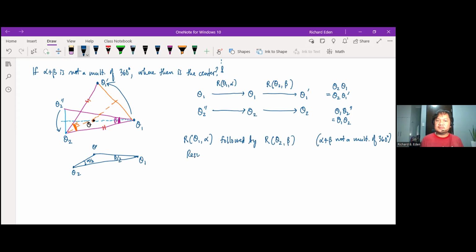The result is a rotation with angle alpha plus beta whose center is the point O, okay, such that